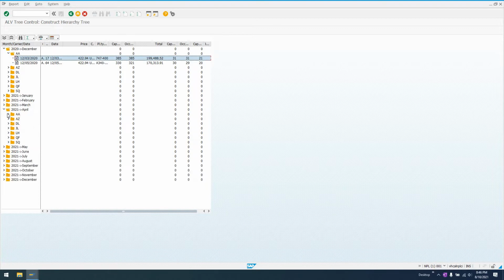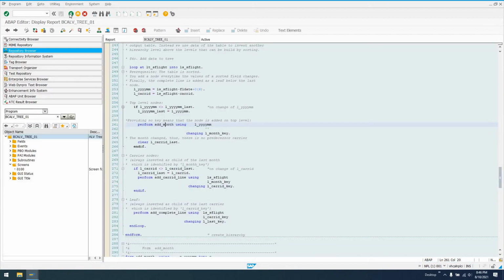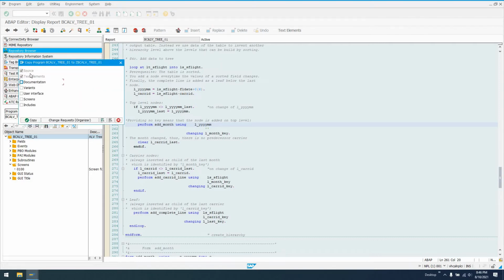So we have our hierarchy here, we can open it up, close it, and we have all those functionalities. So now what we're going to do, I'm going to copy this program to my own custom program. We're going to call it the same thing, except we're just going to give it a Z prefix. We're going to copy